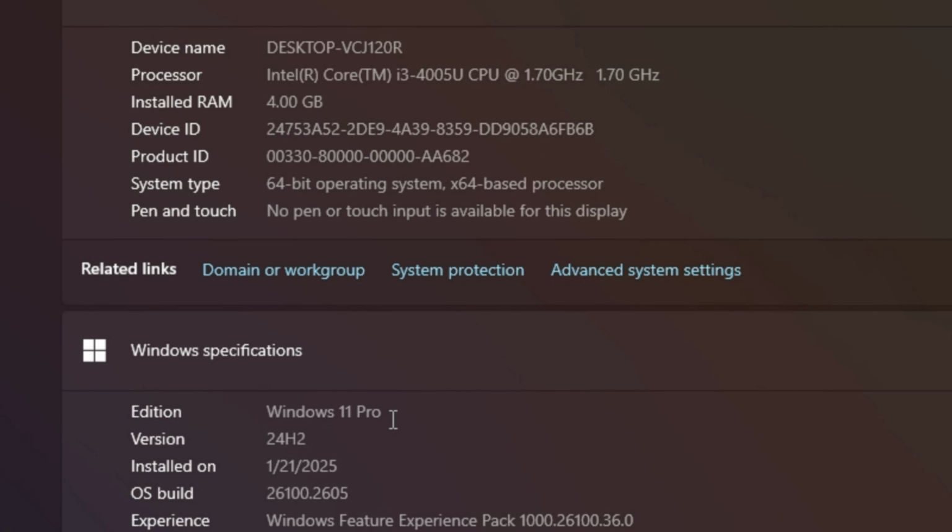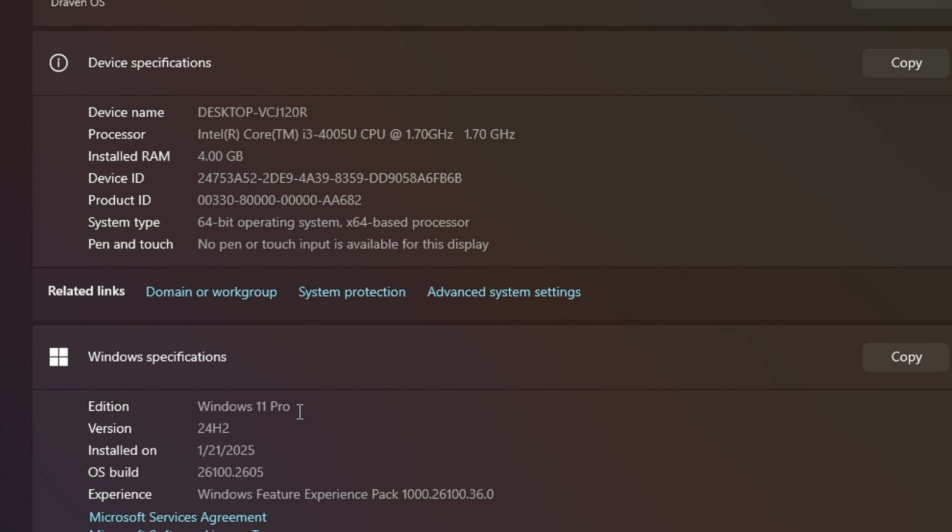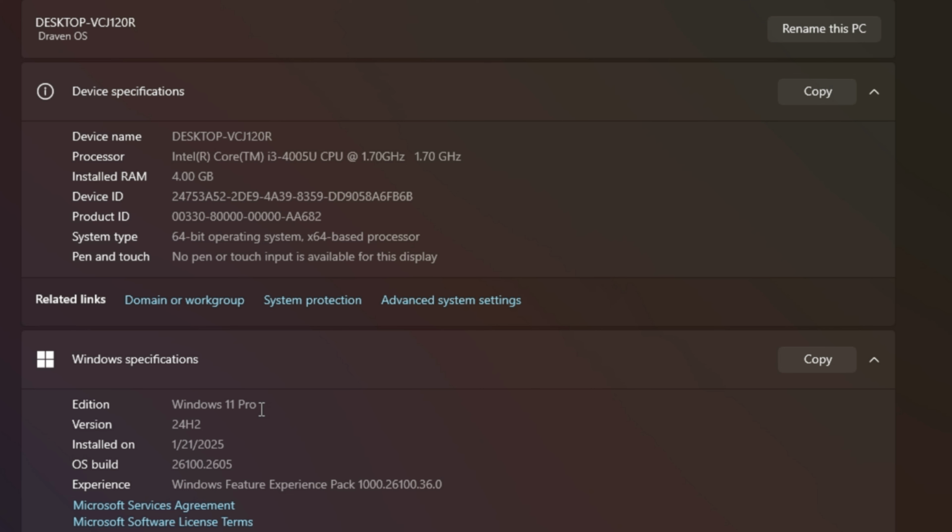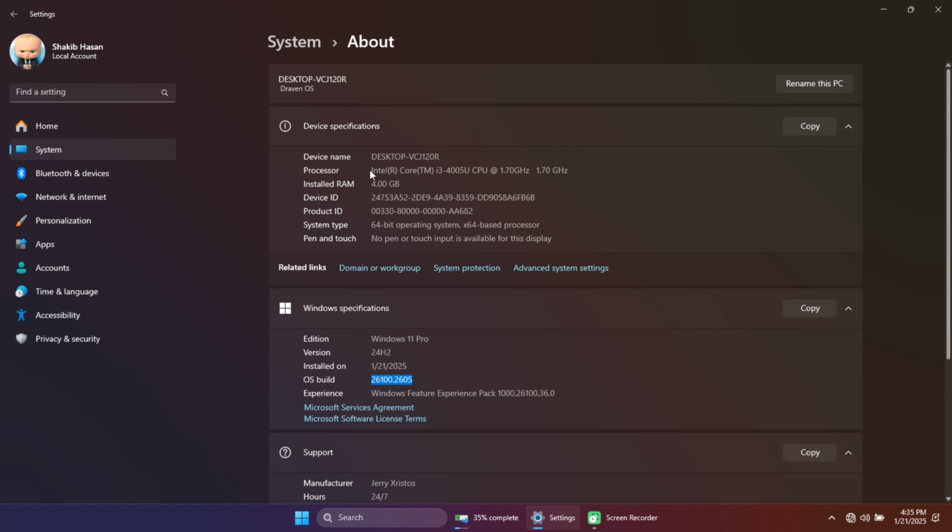So today I have found Windows 11 Raven OS Extreme Lite, which I will install on this machine. As you can see, it is Windows Pro, and also the build version is 24H2. And I have installed this on a real machine, a real laptop, which is Core i3 4th generation with 4 gigs of RAM to demonstrate the performance and quality of this